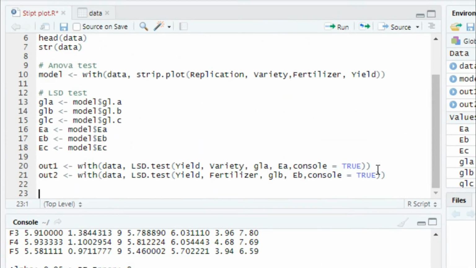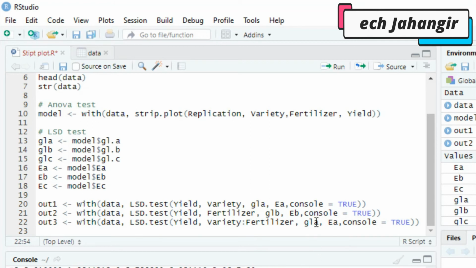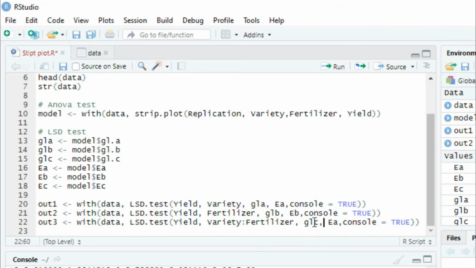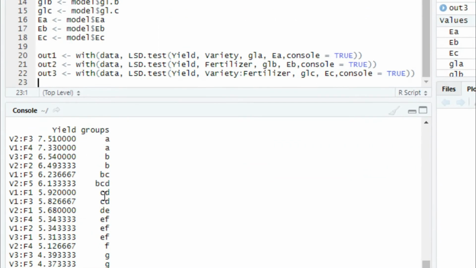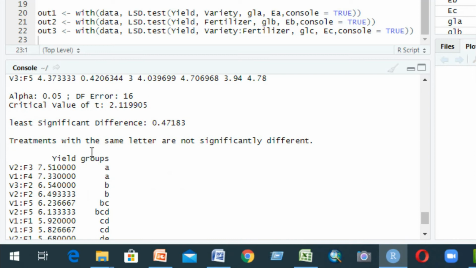Now we can paste and write output out3, same error, variety into fertilizer and GLC EC. Okay, we can run this. It is our interaction mean square error and their homogeneous group.